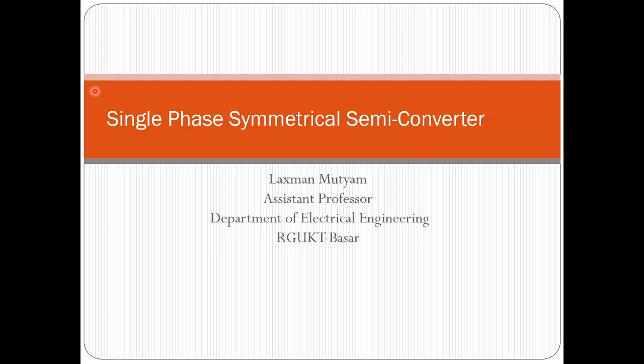In the previous session we have seen single phase semi-converter operation with ripple free load current, and in that particular semi-converter configuration we have used three diodes. We have seen the semi-converter operation with three diodes and two thyristors. Now there are other ways possible to realize semi-converter operation. So two important configurations that are going to be studied in this course are symmetrical semiconverter and asymmetrical semiconverter.